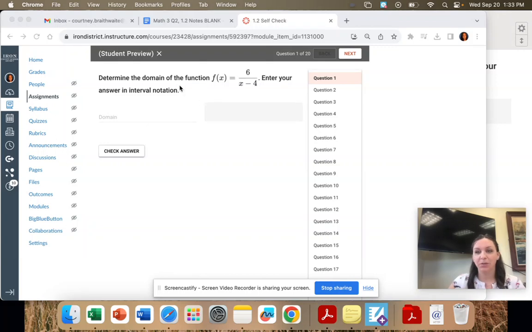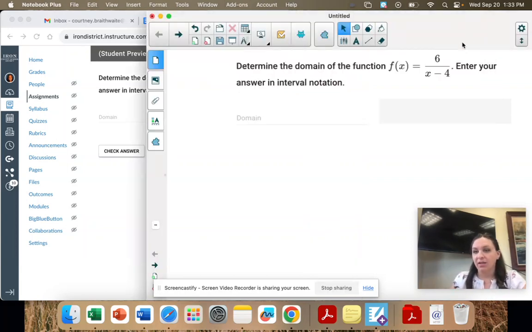Okay, 1.2, we're looking at graphs and domain and range. So this first one, determine the domain of the function, 6 divided by x minus 4, and you're going to enter an interval notation. So if I am looking at a graph, we learned about this in the last section,